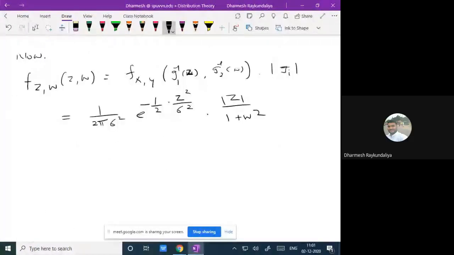Okay, so of course x is normal, y is normal. What happens? x is positive, y is positive, x square is positive, y square is positive, so z is positive. So here the range of z is greater than 0. And what about w? Here x lies between minus infinity to infinity, y is minus infinity to infinity, and the ratio is also greater than 0.